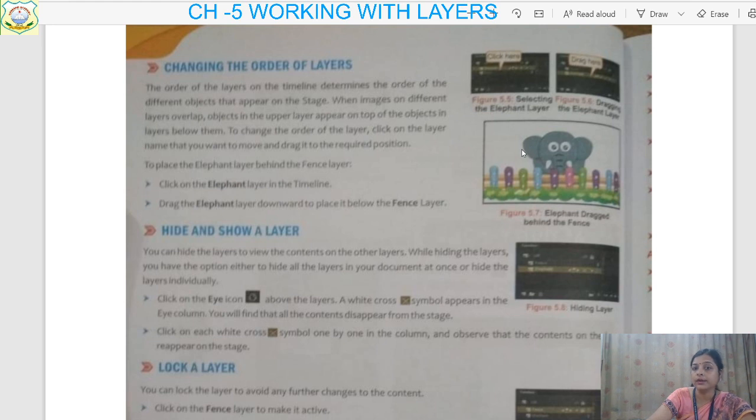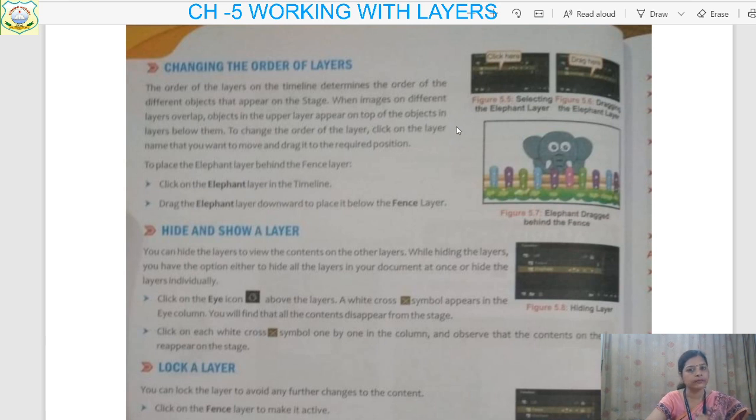By changing the order. To change the order of layers, the topmost layer will be at the front. Earlier the elephant is in front of the fence. It means the elephant layer is at the top. Right now the fence is at the front. It means the fence layer is at the topmost. So how will we change the layer order? By using the order, we can choose how to change the order of the layers by dragging it. Okay, click and drag the layer wherever you need it and then its order will be changed.